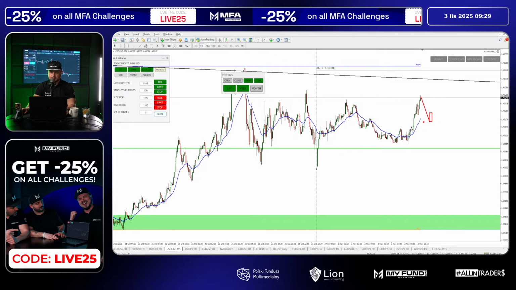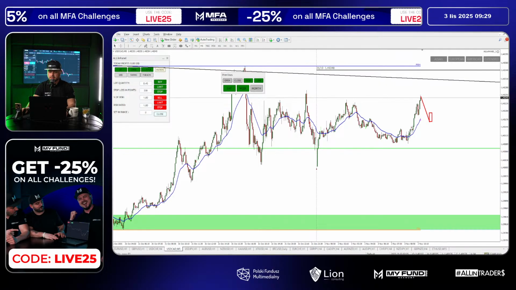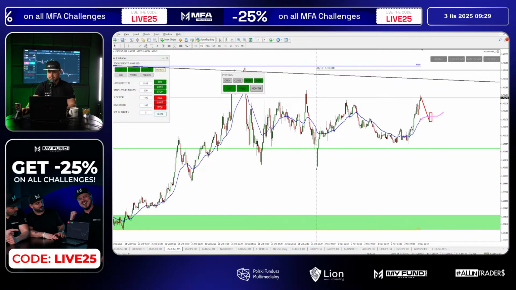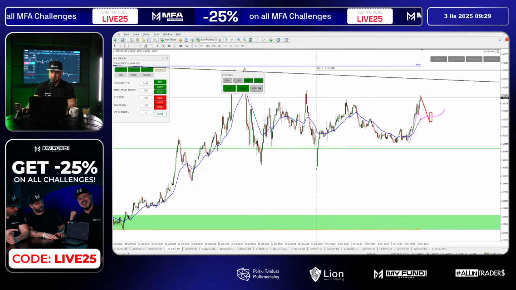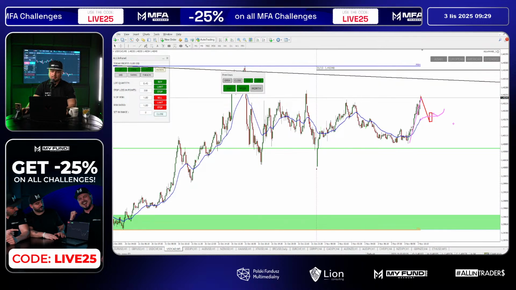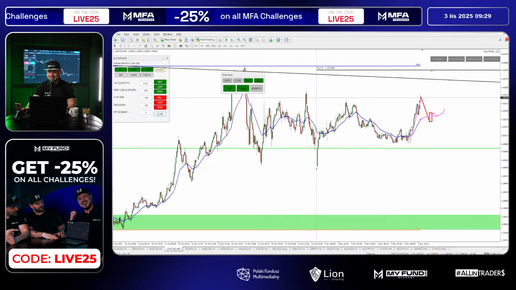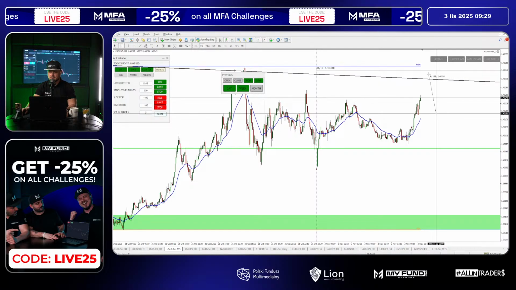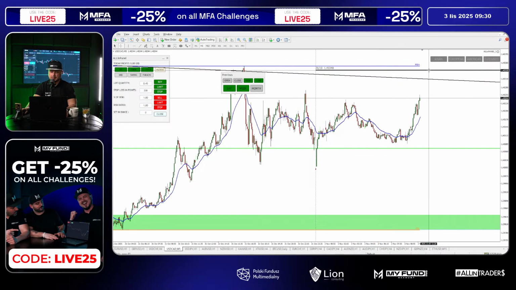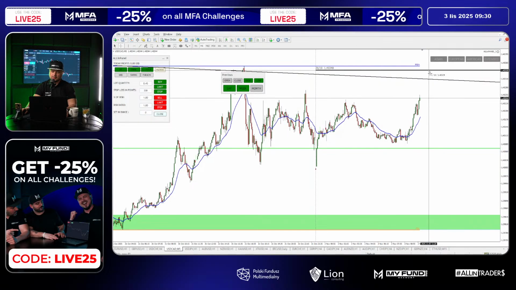over here and maybe exponential moving average, retest of exponential moving average, or just correction of this impulse. Okay, this place would be much better to open this trade, but I don't think we got enough space because from here we're gonna have only 14 pips. We need to cut 2 pips off because